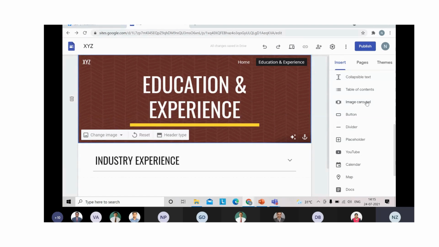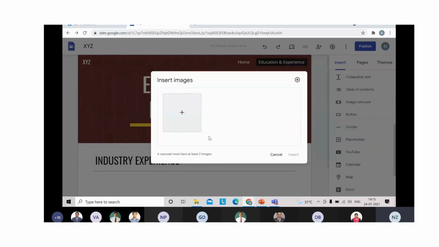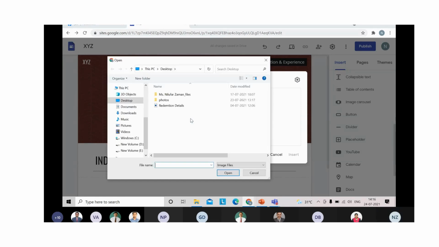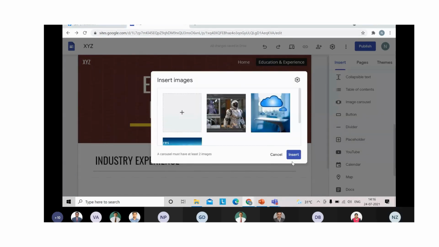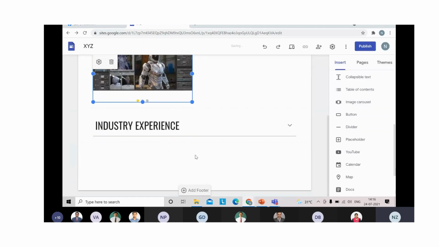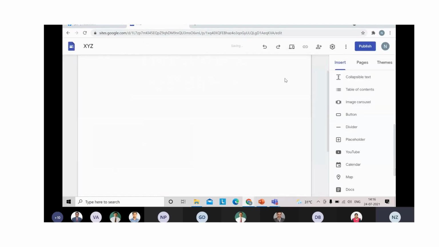Next is image carousel. Image carousel means what? One by one images will be coming. Suppose let me add 2-3 images. I'll show. Suppose I'm selecting these images. So I'll insert. So when I preview this,